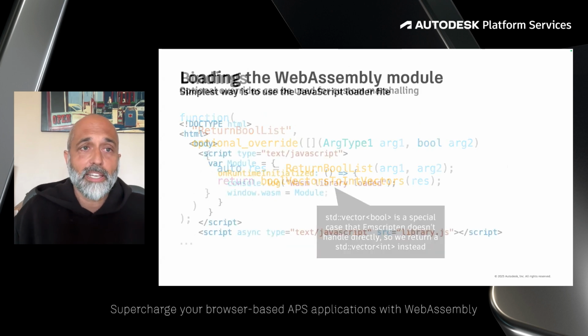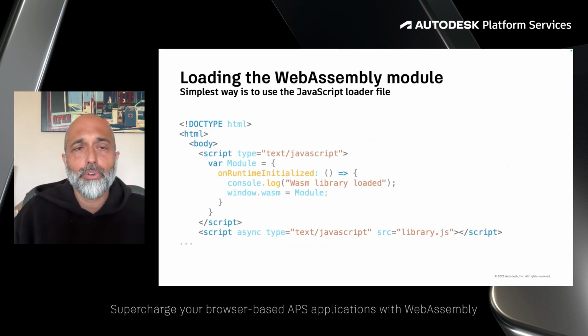All right, so that's our bindings. Just a very quick note on how to load the WebAssembly module into your extension or APS module, etc. Here, this is just a little bit of boilerplate HTML. We're calling it via a script, an async load for our loader file. So whether this is Vasa.js or whatever the name is for your loader, then effectively what's going to happen is when this method is called, the on runtime initialized method is called,